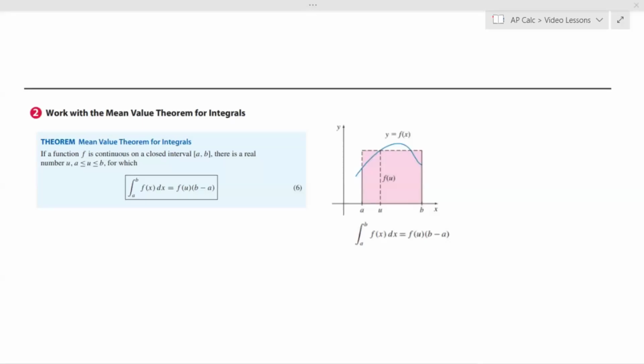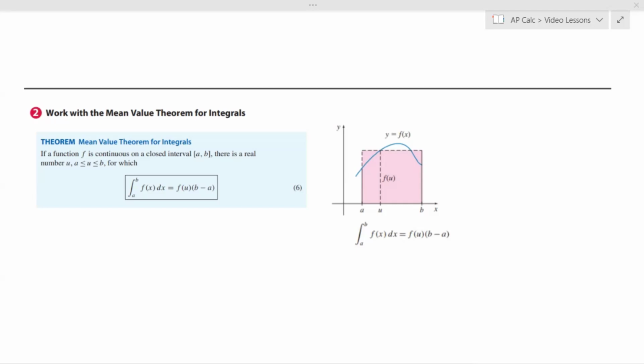In this video, we're going to cover two topics. One is working with the mean value theorem for integrals, and the other is finding the average value of a function. Now, the mean value theorem for integrals is one of the big theorems that we learn in AP Calc,